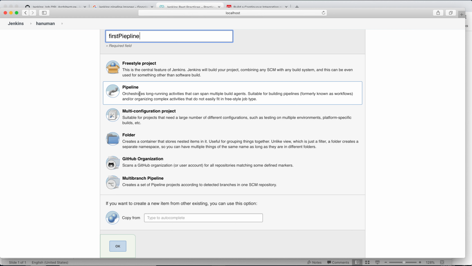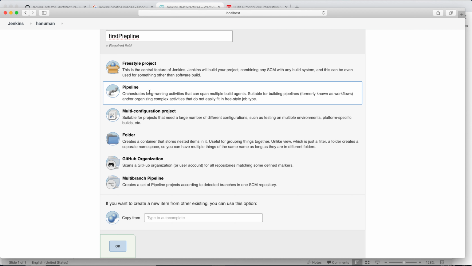Then you just need to select Pipeline. Here you could also create a freestyle project, a multi-configuration project, or a folder, like the one I created earlier. There is also the GitHub organization and multibranch pipeline; we will discuss all these a little later. Today we will mostly concentrate on the pipeline script.